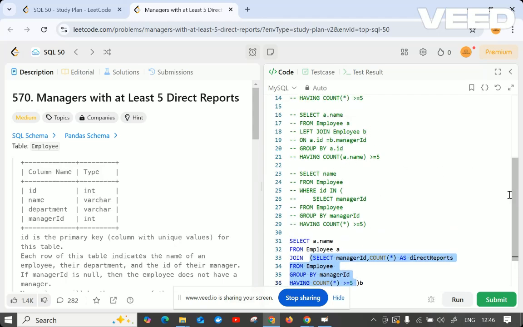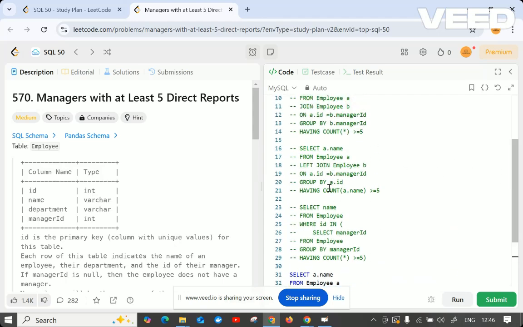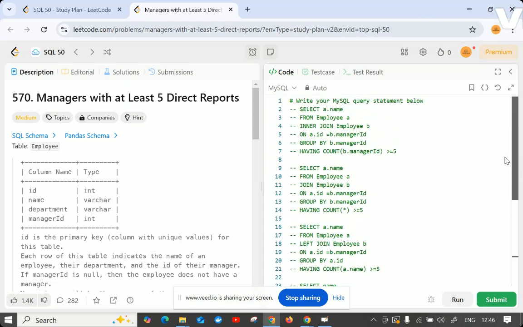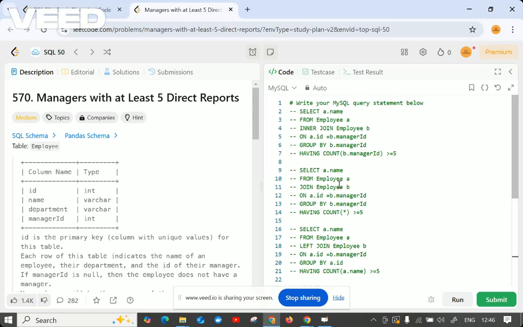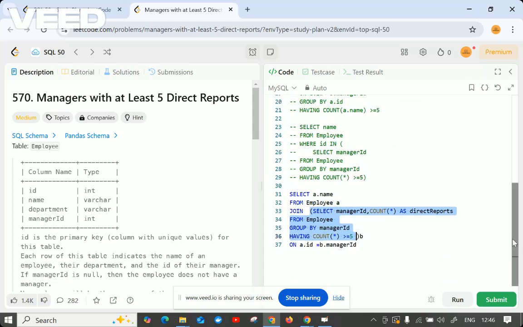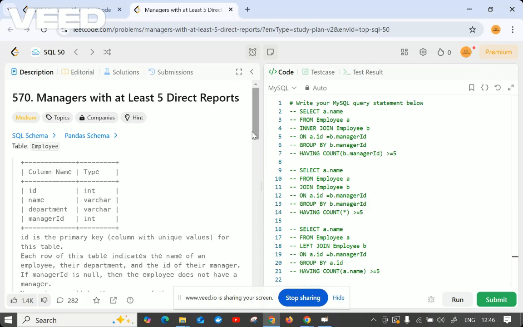So these two are those things, and in the fourth query, what we have done is a left join based upon that table, with the having condition and grouping by the ID, and then grouping by the manager ID. If we take it as an inner join, again manager ID only we are taking. Inner join and join will be the same thing. Hope you have understood, right? We have given five possible queries which can solve the given problem statement.